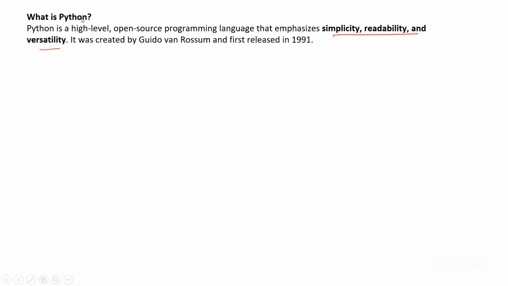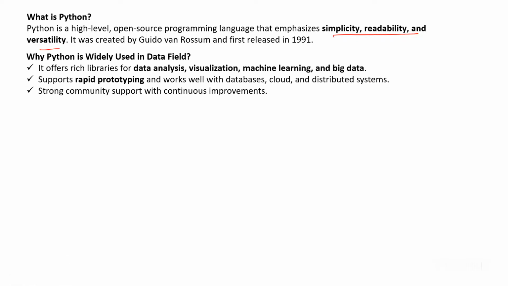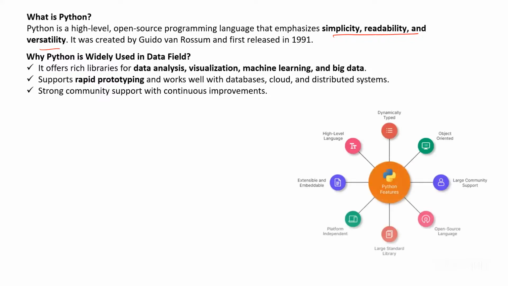That's what Python programming is known for. It was founded in 1991 by Guido van Rossum. Why is it widely used? As I said, it has a rich number of libraries. Libraries are nothing but a set of instructions that have already been given. Just like we have different functions, everything is there. You can directly go and use that on the go.